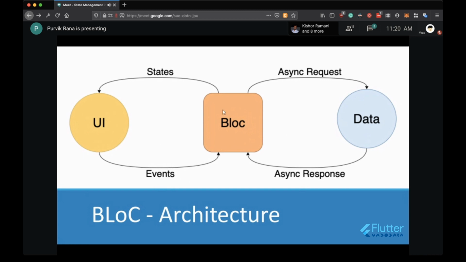From that, the block will emit different states. You can say the block will emit a particular state which will contain the list of data from the block to the UI. When the list of data is passed from the block to the UI, the UI will check: I have got the list of data, so I will represent this data to the user. So that's how the whole block architecture works.